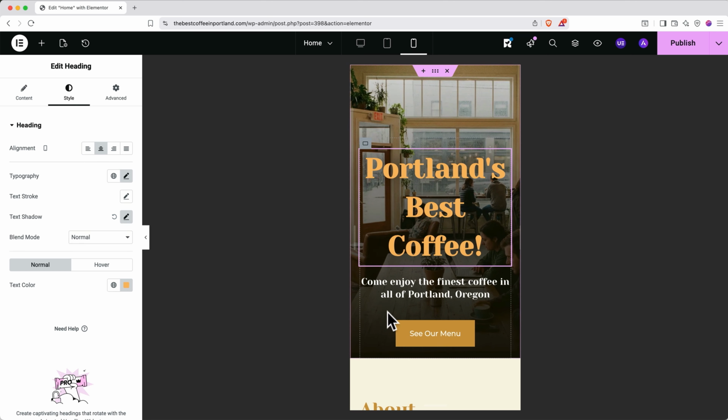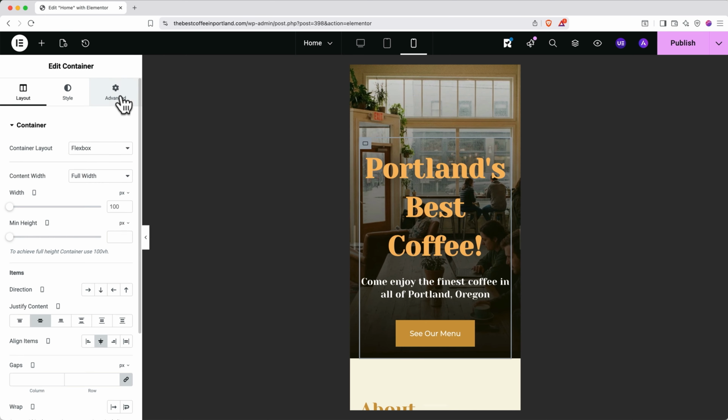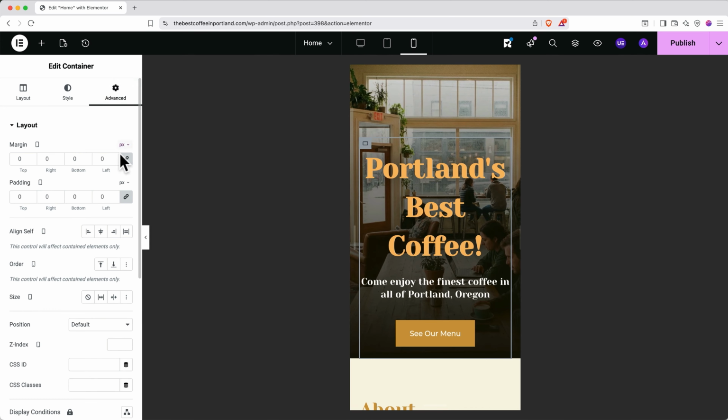Now let's fix the spacing issue at the bottom of our hero section. To do this, we want to update the padding of our container here. I'd like to make it so that this hero image fills the whole screen when somebody lands on this page and that we don't have any of this white about section here, and there's plenty of space at the bottom of this button. To do this, we'll click this container, switch to the Advanced tab, and then for padding, let's